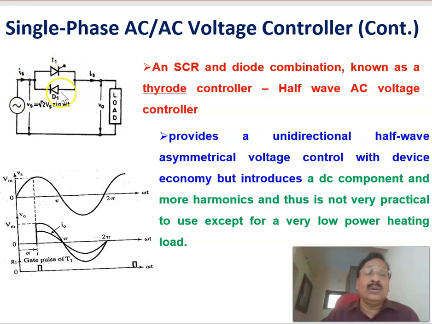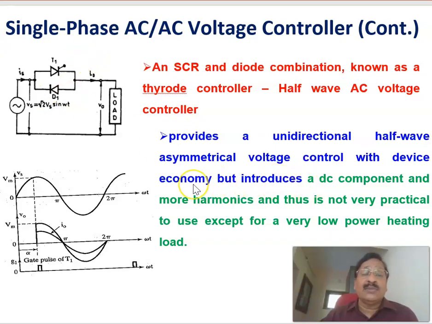This is a thyrode controller in which T1 can control the positive half cycle. This is the input voltage. By controlling the firing angle, by giving the switching gating pulses here, we can have control over the positive half cycle through T1. But there's no control over the negative half cycle because we are using a diode here. For the half wave AC voltage controller, only one half can be controlled; the negative half cannot. That provides a unidirectional half wave asymmetrical voltage control with device economy,